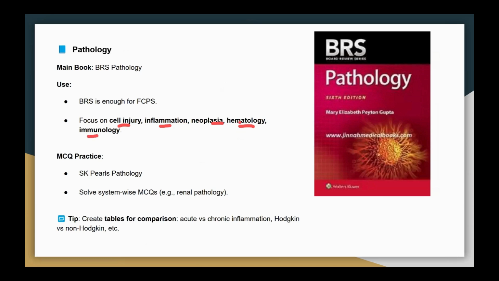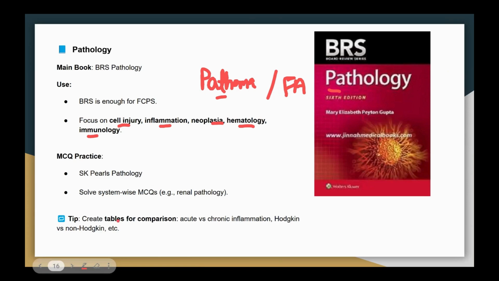Although you will be covering hematology and immunology from first aid, you can review it from BRS pathology or Pathoma. There are different options. You can either use Pathoma, or you can go with first aid, or you can go with BRS pathology. If you have read it well from Pathoma, then do it from there. If you are new and you feel like you need to do it from BRS pathology, you can do it from there. Again, do the one-liners and add them to the book which you will be using for your final